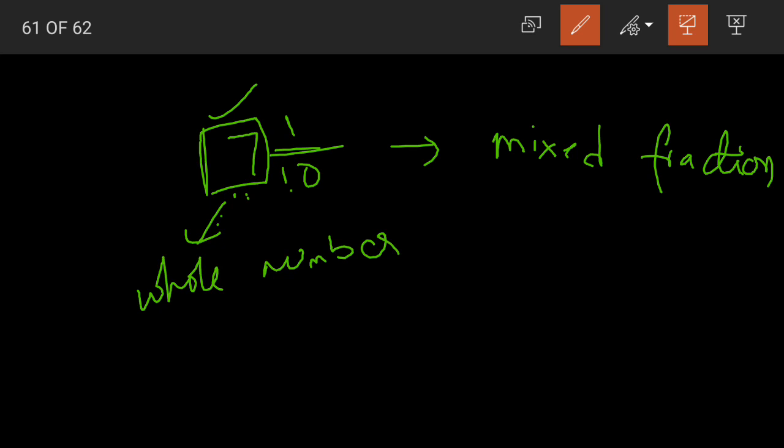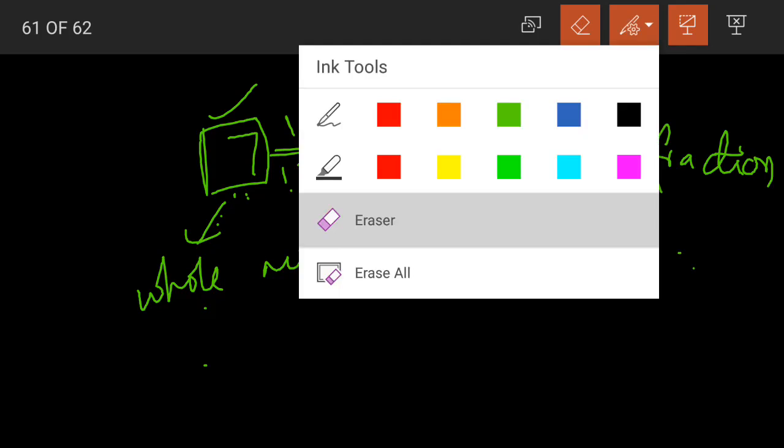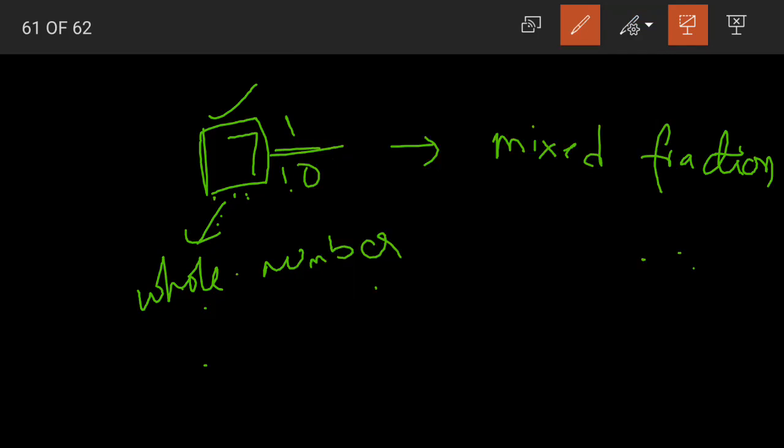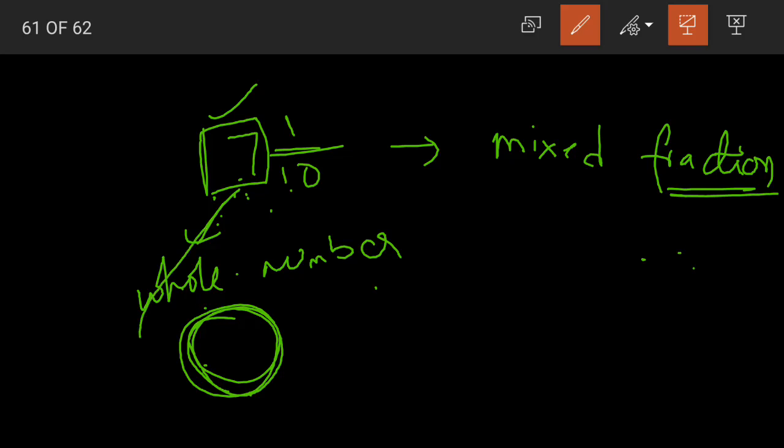Yes, what does whole number mean? Whole numbers means all those numbers starting from 0. Yes, children. If you look at the whole number from the fractions point of view, whole means a complete one. Whole means a complete object which is not divided into parts. Yes, so we are having 7 wholes, that is we are having 7 complete objects.